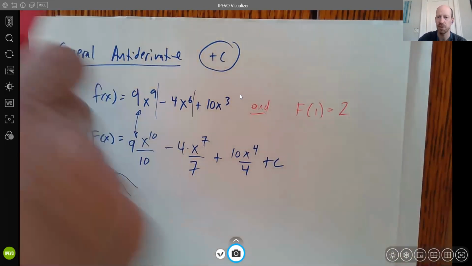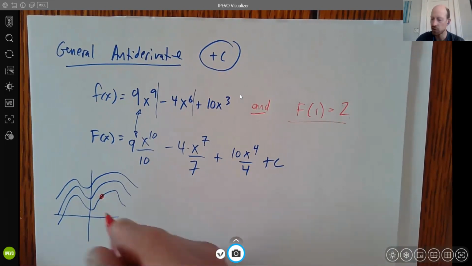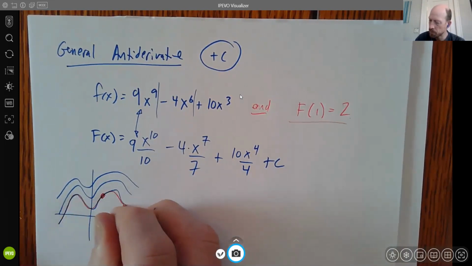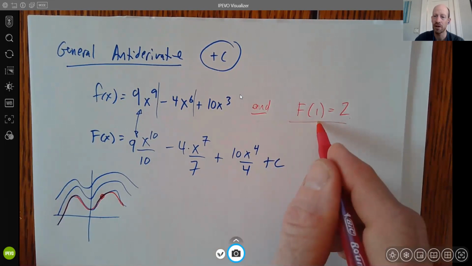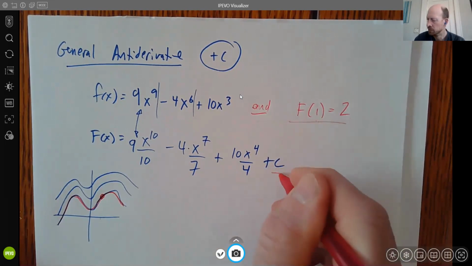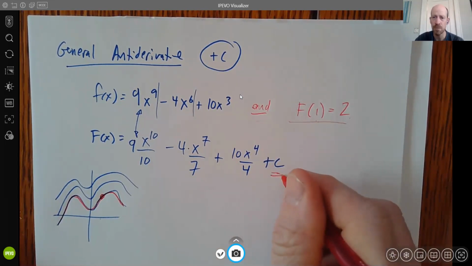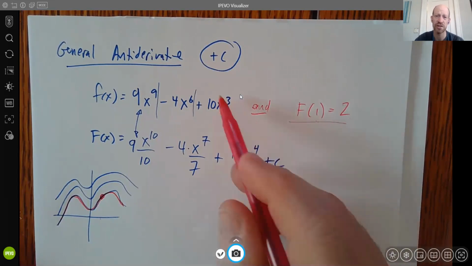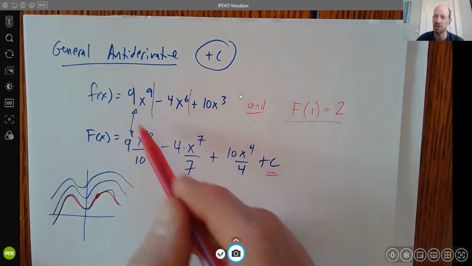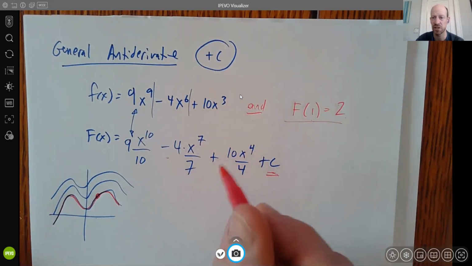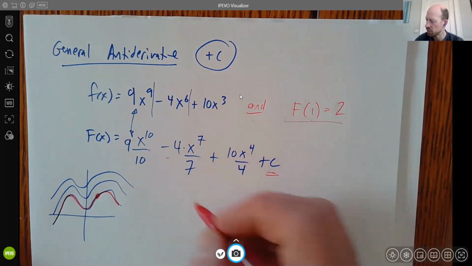But if I tell you a little piece of information, I say that f of 1 is 2. Well, it turns out there's only one function that has that exact shape that goes through that exact point. So knowing this one piece of information, we can find the value of c, and that'll give us what's called the solution to this differential equation, which is basically like I'm telling you the derivative and I'm asking for the original function, not just the general one. So what I would do in this case is I would put in 1 here for x, and I would get